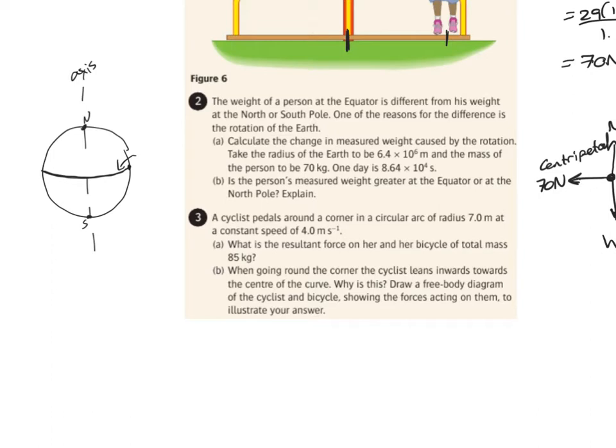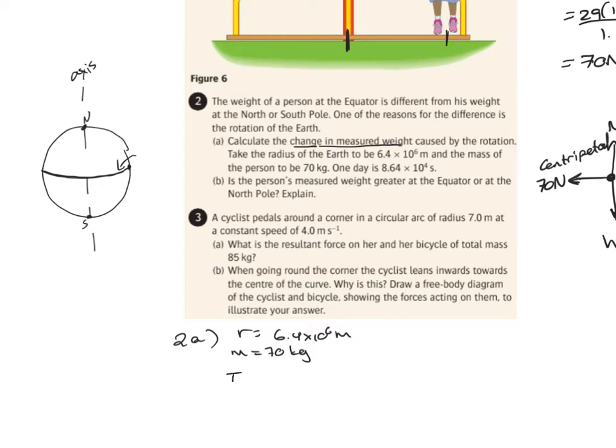Now it says calculate the change in measured weight caused by the rotation. Take the radius of the Earth. So the radius of the Earth will be, for 2a, 6.4 times 10 to the 6 meters. The mass of the person will be 70 kilograms. And 1 day,